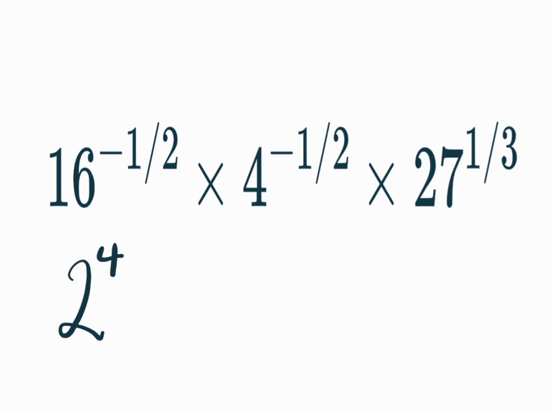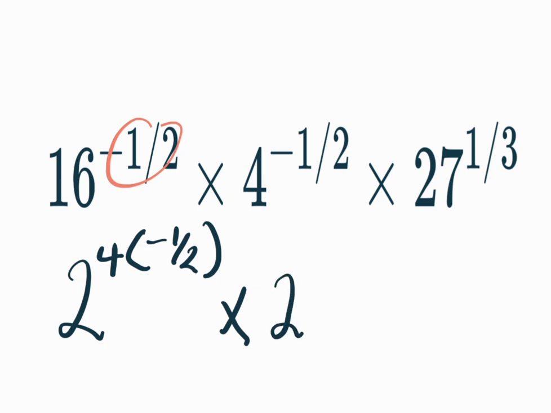But before you do this, this power is going to multiply the existing power, which is minus 1 over 2. Before that happens, you're going to open a bracket, because the existing power is a negative, 1 over 2. So now we open a bracket. We have the new power, which is 4, and the bracket right here, minus 1 over 2. Close the bracket. Times 2, because 2 to the power of 2 is